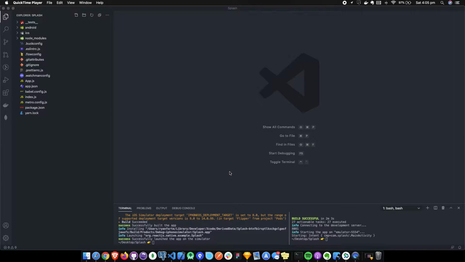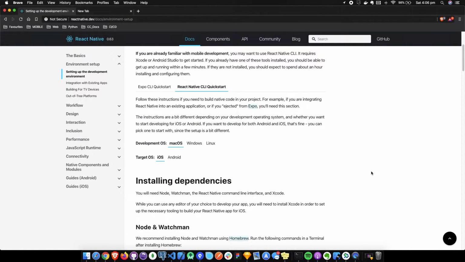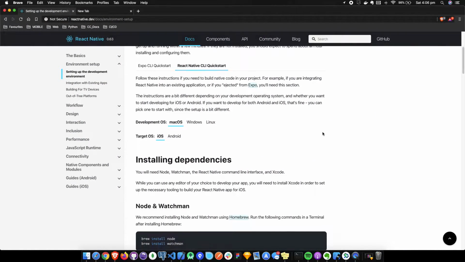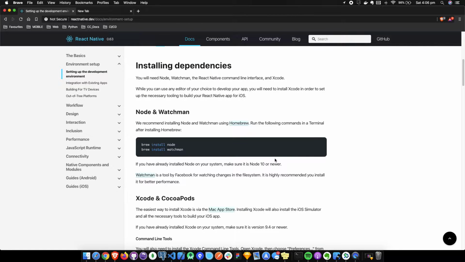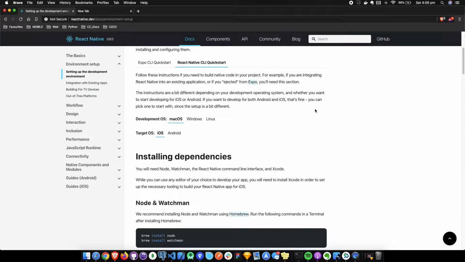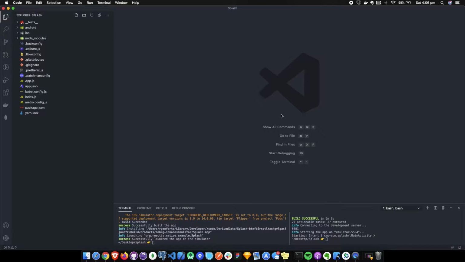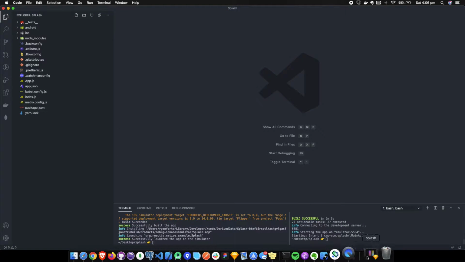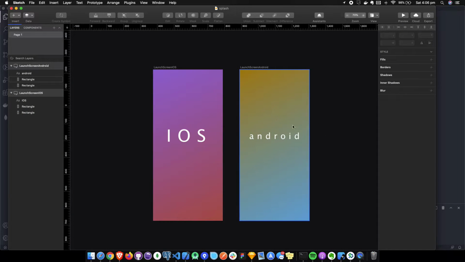Recently I've just been tasked with building splash screens for the app at work. So I thought it might be a good idea to show you guys how to build a couple of splash screens. What I've got set up here is literally I've just done the whole React Native init project, just in the React Native docs, and then I've gone ahead and made a couple of splash screens